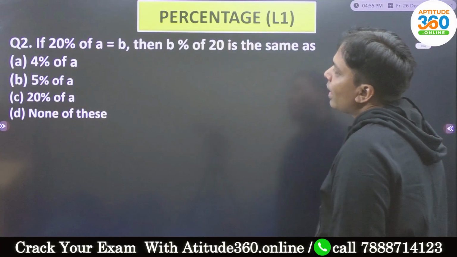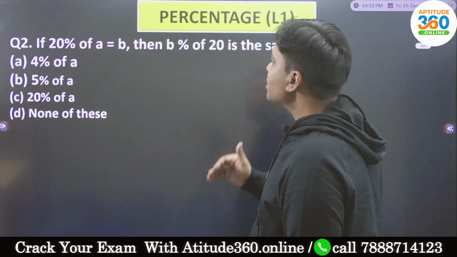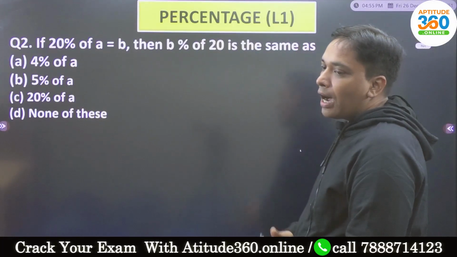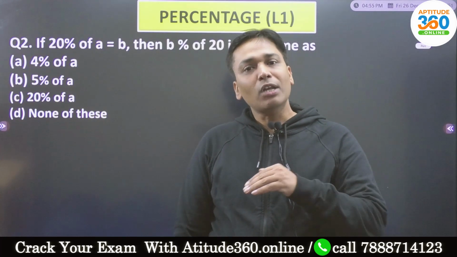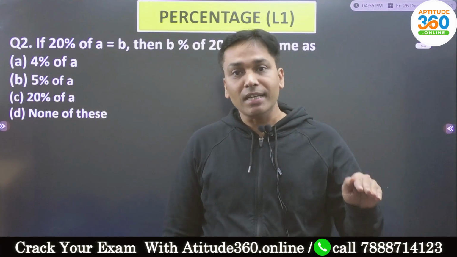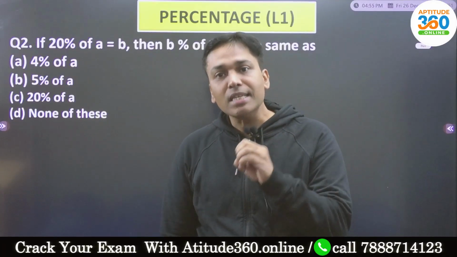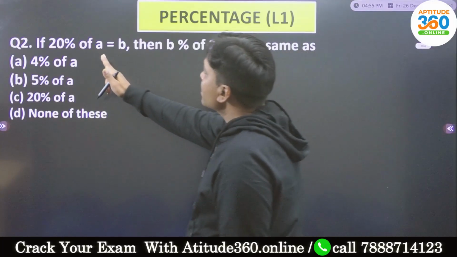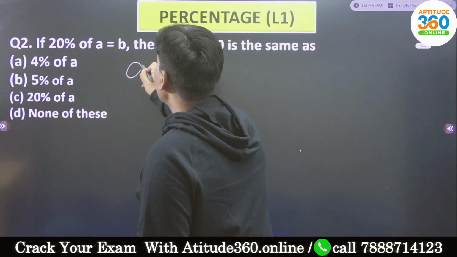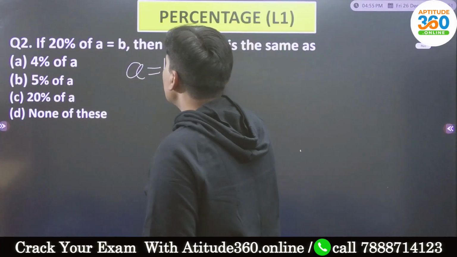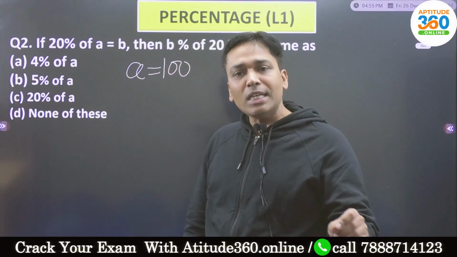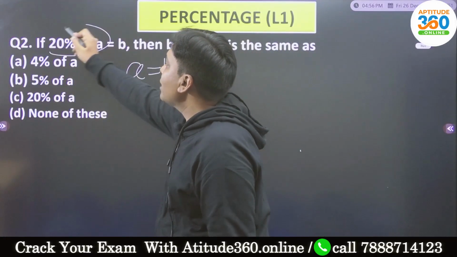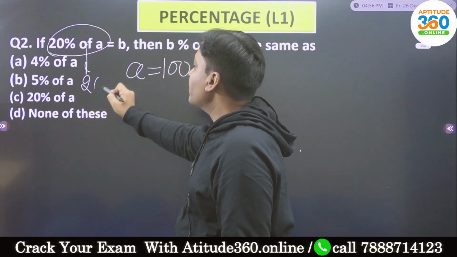Now the second problem says that 20% of a is equal to b, then b% of 20 is same as what value? हमने ये सीखा wherever the comparison begins, that value should be taken as 100, यानी कि जहां से कंपैरिजन शुरू होगा उसी वैल्यू को हम 100 लेंगे. अब ये प्रॉब्लम बोलता है 20% of a is equal to b, so I'm gonna take a as 100. The moment you take a as 100, 20% of 100 is very easy for you to find out. कितना निकल के आएगा? This entire value is nothing but 20, isn't it? So we have figured out the value of b.